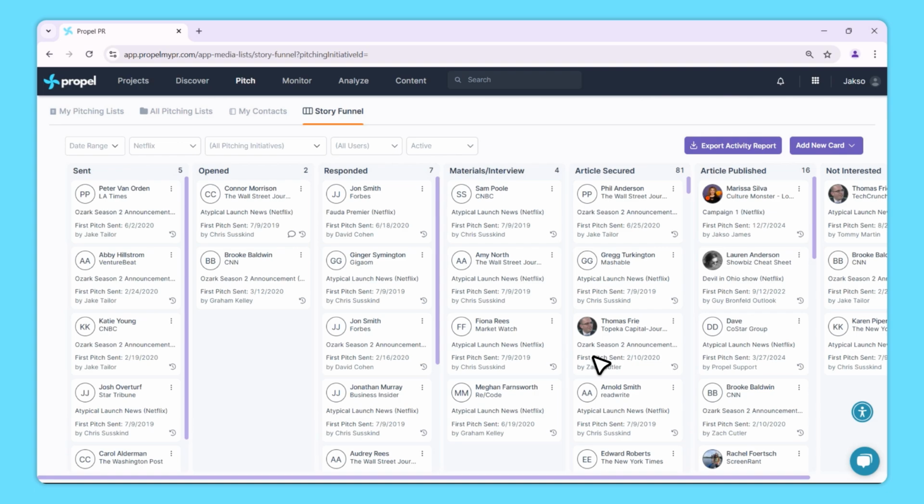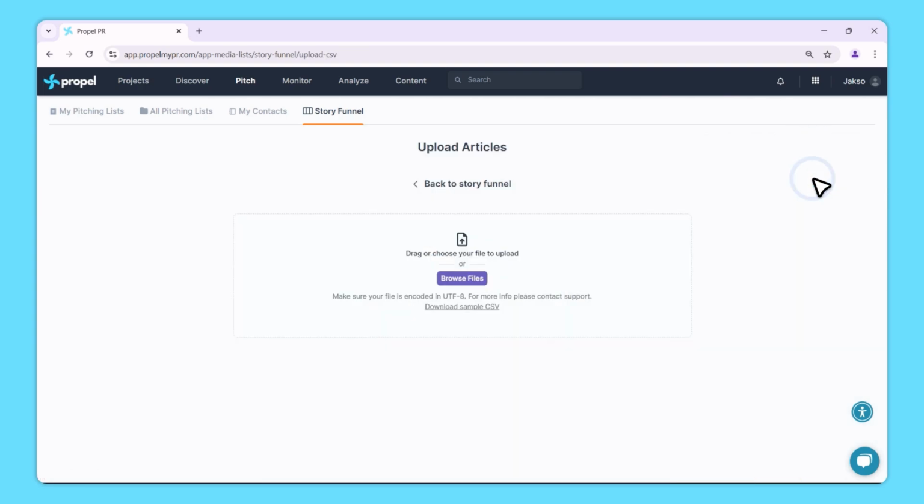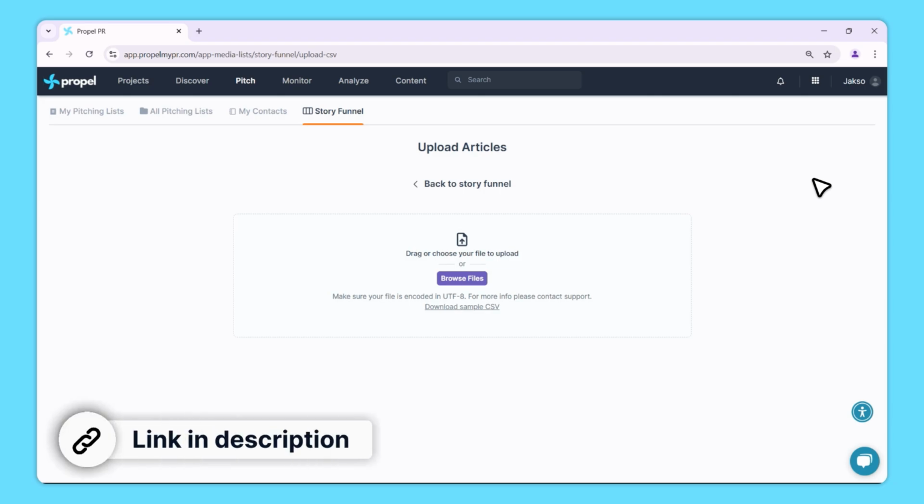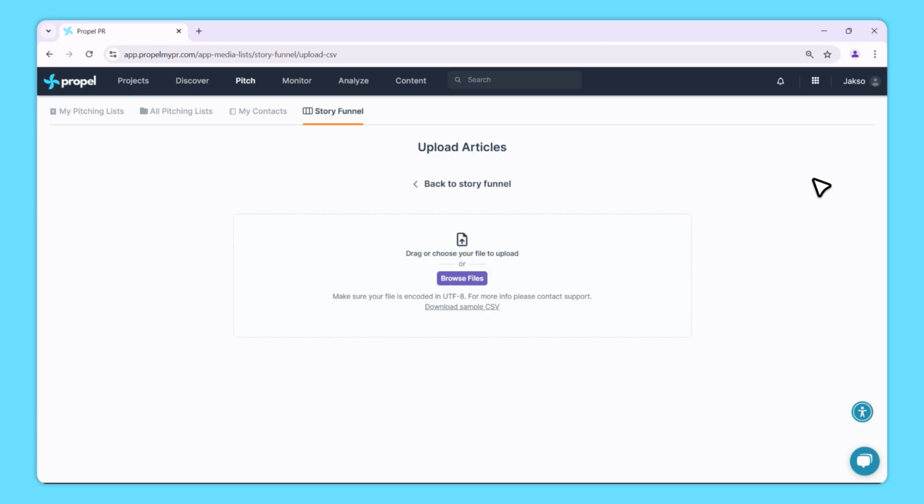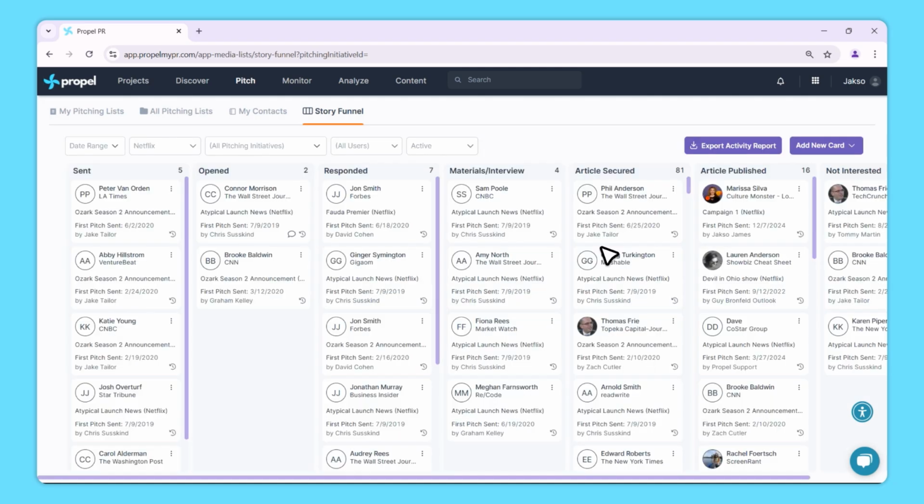If you have multiple articles to upload, you can do so in bulk by clicking on Import Articles from CSV. Simply download the sample CSV file using the link in the description and create a similar file containing your article details. And that's it. Whether you're adding articles one at a time or uploading them in bulk, Propel's story funnel